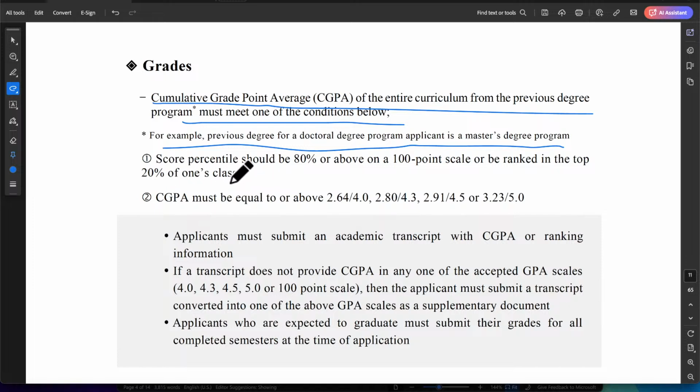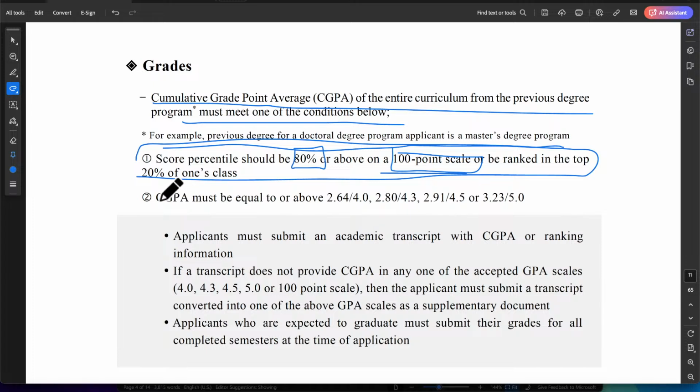And these are the different grading systems that GKS accepts. They accept the 100 point scale, and you must have from 80% right up to 100 to be eligible for the scholarship. But if your school is not using this system, you must make sure you go and apply this other option. If your school is using CGPA, maybe they are using a CGPA of